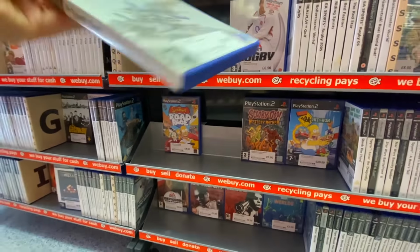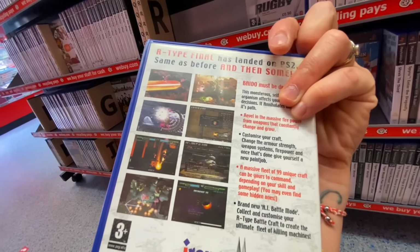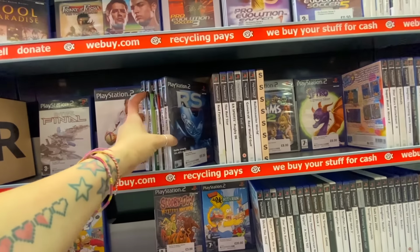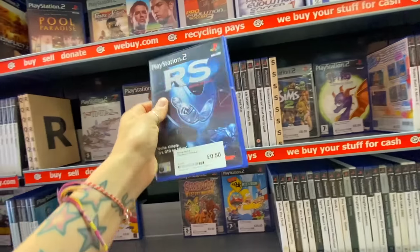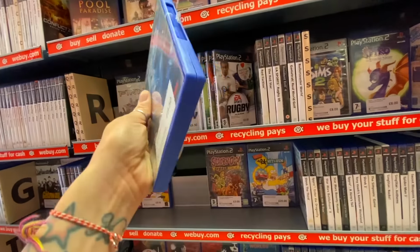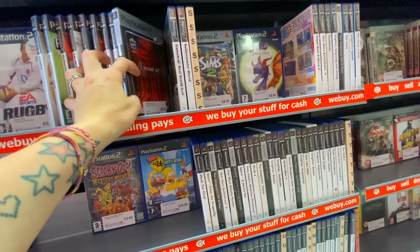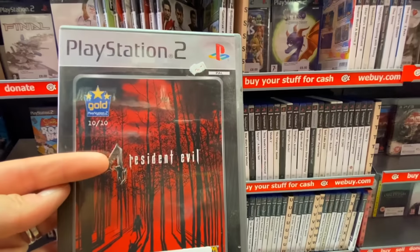And we're shimmying back to the PlayStation 2 stuff. So R-Type Final. I was picking this up thinking, why have I never seen this before? Why has this not been a thing in my PlayStation library? I don't believe I picked it up. I didn't pick that up. I think it was a racing game, a motorbike game in particular. And then